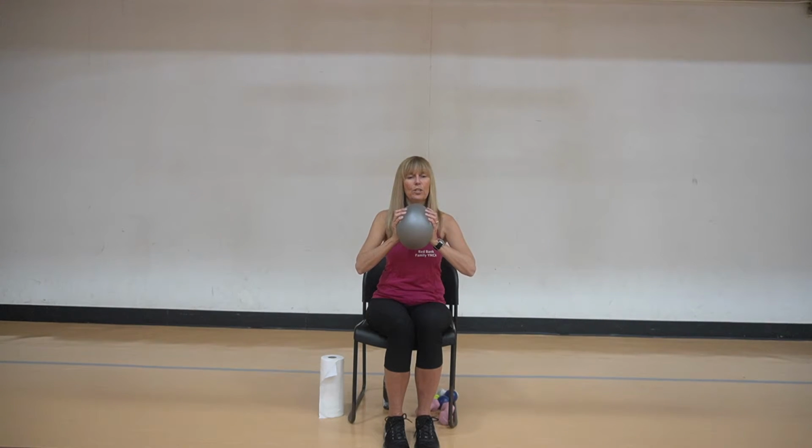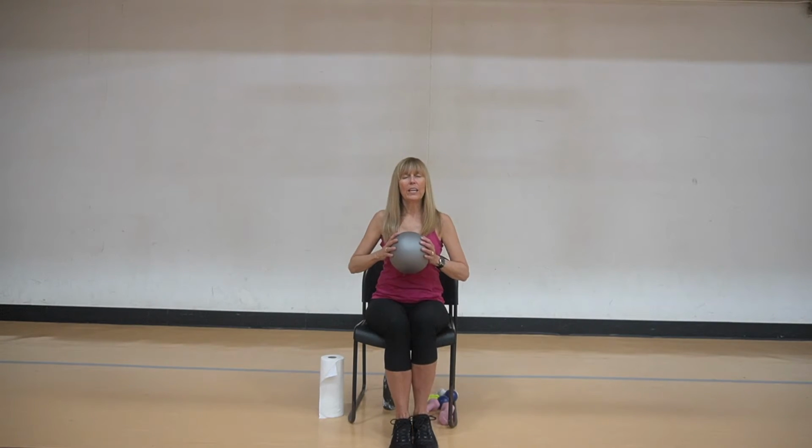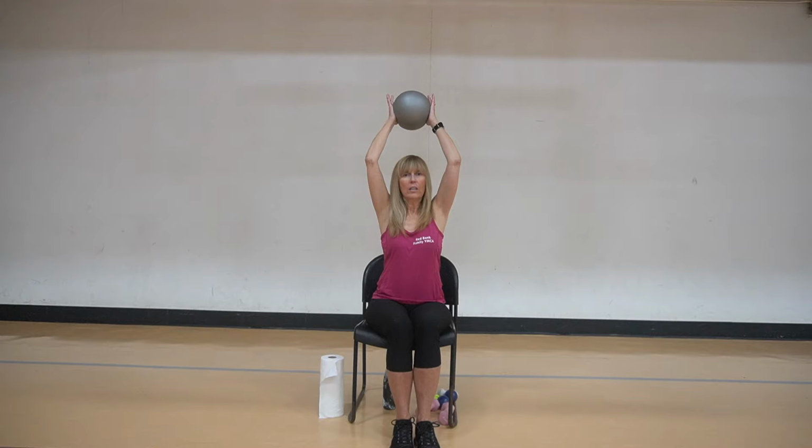And we're going to push it in and squeeze it out. Draw it in, squeeze it out. Go back to the palms of the hands, squeeze and squeeze, push, push. 4 more, 3, and 2, and 1. Excellent. Okay, so now we're going to take it up here, and we're going to squeeze it back,